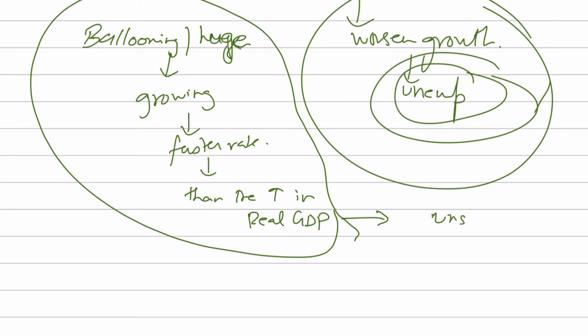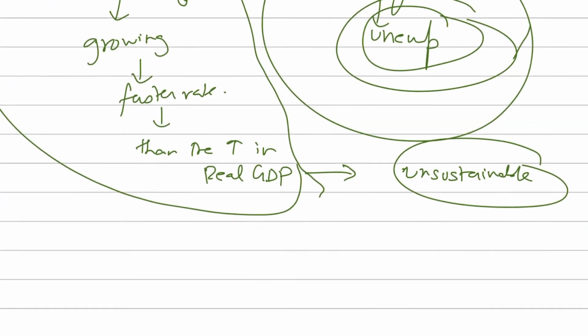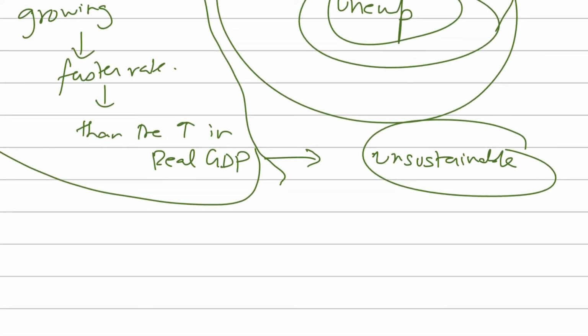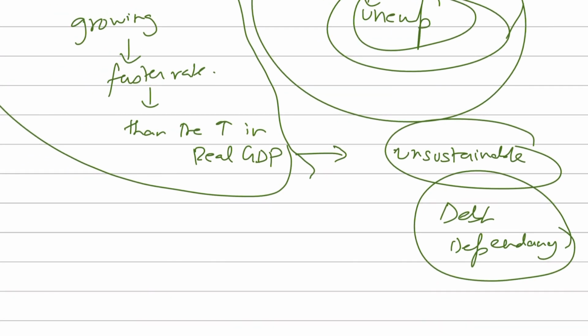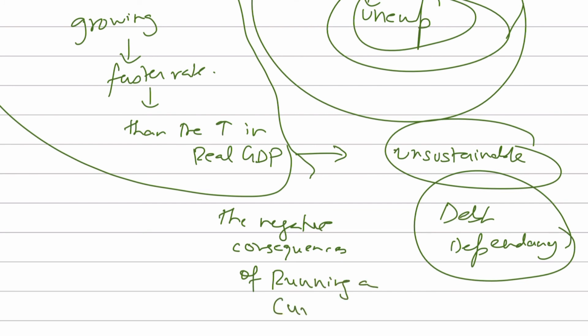It's basically unsustainable to finance the deficit by issuing external debt, because then it would just result in debt dependency, where you can say that the negative consequences of running a current account deficit would become more significant now,